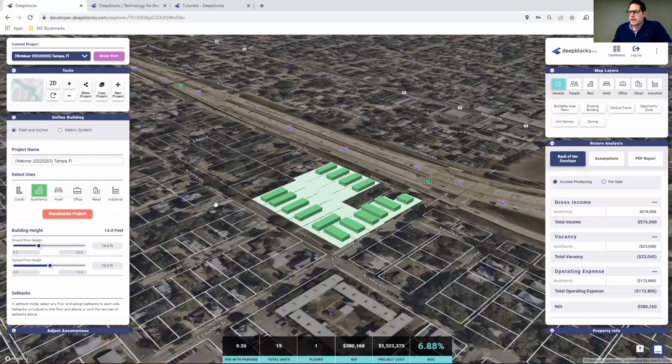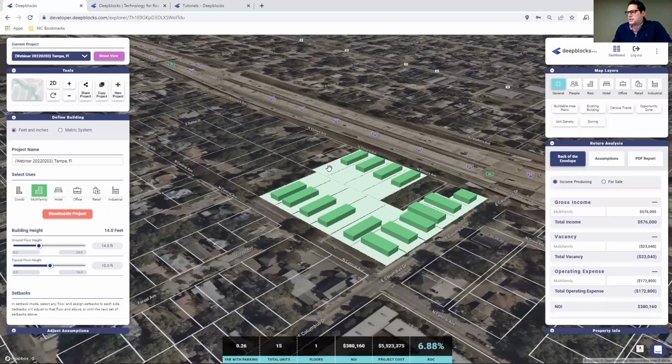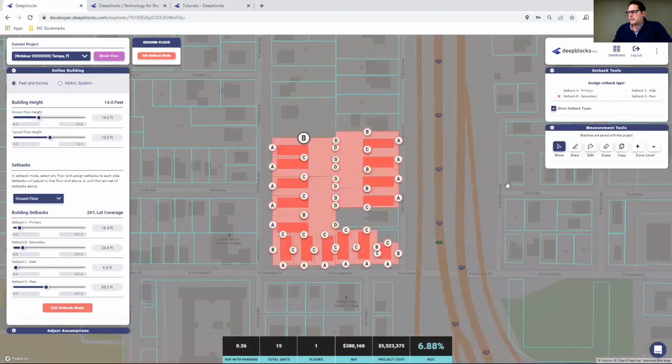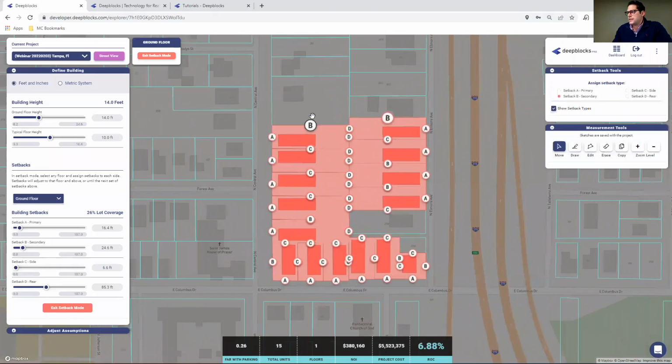But just to kind of give you an idea, what we did here is, you'll see we actually did an assemblage. This was, I believe, about 10 different properties, and what we did is we did an assemblage, and then once we did the assemblage, we created these 15 units all throughout this particular subdivision that we modeled out. And again, I just kind of want to show you what we did here for the setbacks. We got a little more creative. You'll see we uniquely identified the setbacks all throughout each